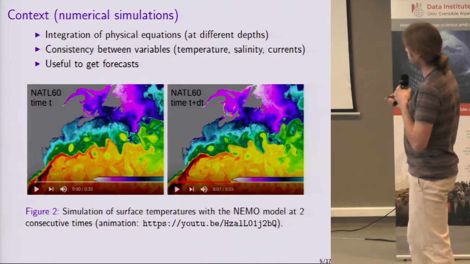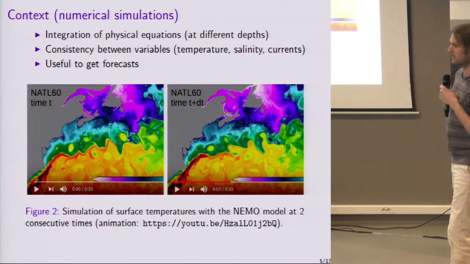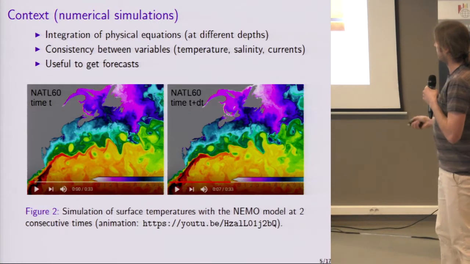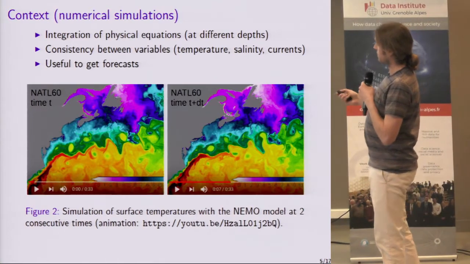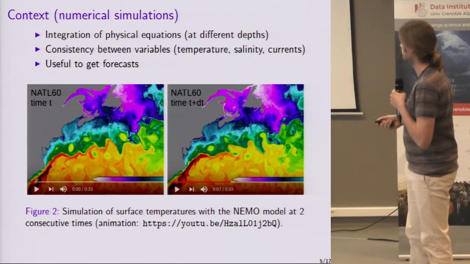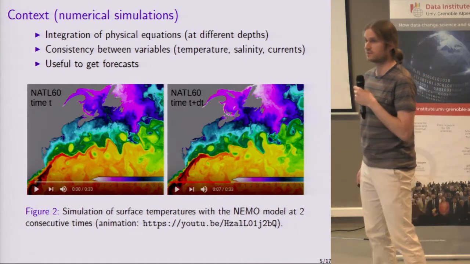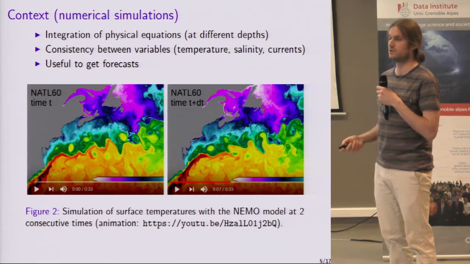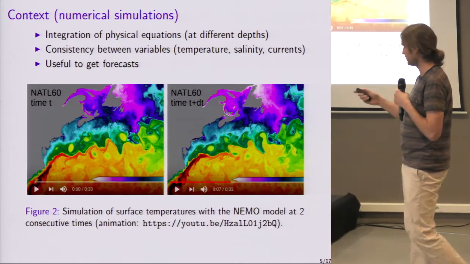In these equations, you have a consistency between variables. The temperature, salinity, and currents are all correlated in the equations. And you have to integrate the physical model using computers and applied math to get some forecast of the ocean. It's exactly the same in meteorology, where you have some physical model that gives you a forecast for tomorrow or